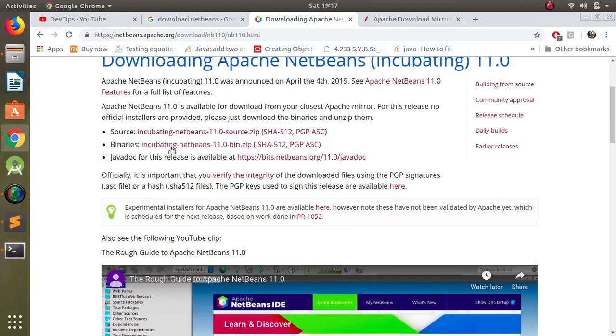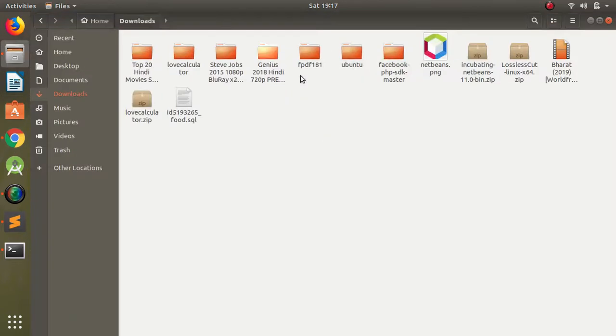I have downloaded this zip file, which is present in my downloads folder, as you can see here. I will quickly extract this file to the location from where I launch NetBeans. By default I put all my exe, or .sh executable files, in /usr/local.